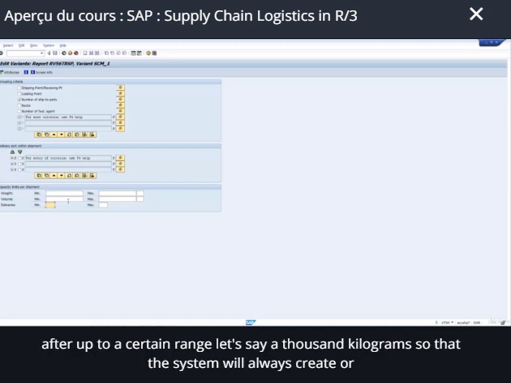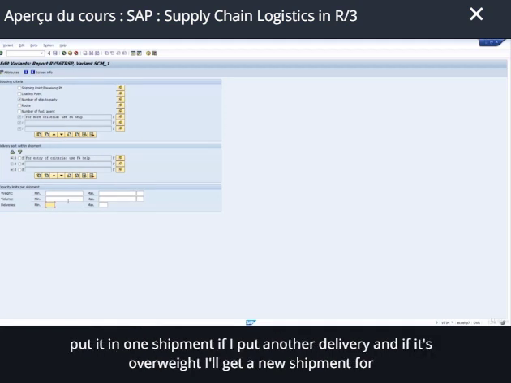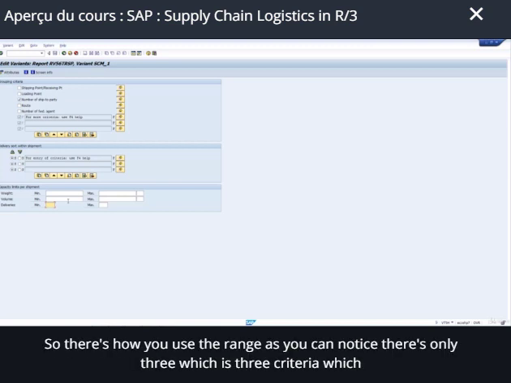The system will always try to find all the deliveries and say, okay, all of these deliveries together make 900 kilograms. Okay, I can put it in one shipment. If I put another delivery and it's overweight, I'll create a new shipment for it. So that's how you use the range. As you can notice, there's only 3, which is